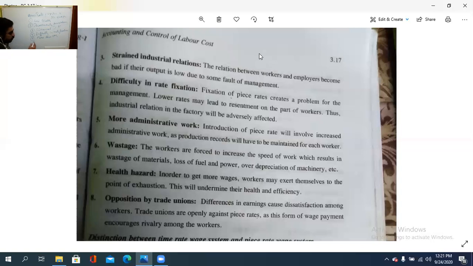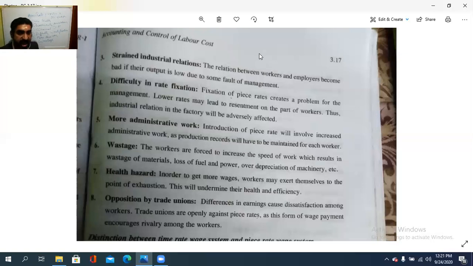Then wastage also should be increased, because they are not concentrating on the work performed, they are concentrating on how to finish the work. Because of finishing the work they will get benefited, so that workers are forced to increase the speed of the work, resulting in wastage of material, loss of fuel and power, over depreciation of machinery etc. അതായത് മെഷീനറി കൂടുതൽ യൂട്ടിലൈസ് ചെയ്ത് അങ്ങേയറ്റ പ്രൊഡക്ഷൻ ഉണ്ടാക്കുന്നു, thereby getting benefited, so that wastage will be at the higher